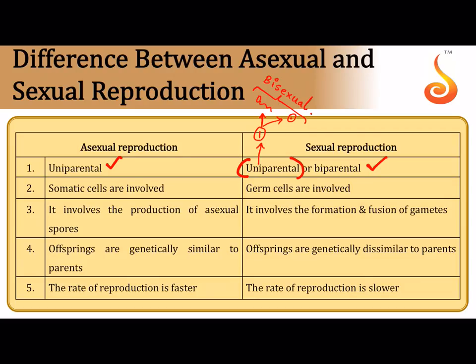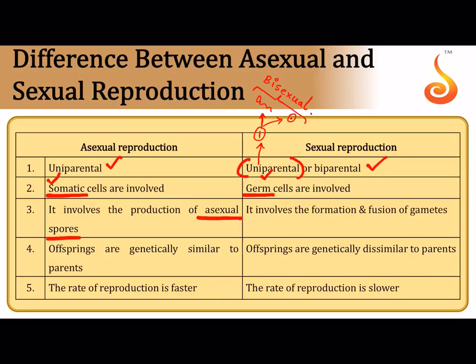Isn't it? So it may be two different parents which are of the opposite sexes, or the same parent producing two different gametes, opposite gametes. Mostly in asexual reproduction, body cells are involved, somatic cells. But in sexual reproduction, special cells are reserved for sexual reproduction, which are present in the gonads, isn't it? We had learned spermatogenesis, oogenesis. We all talked about germinal cells time and again. So germ cells are involved.